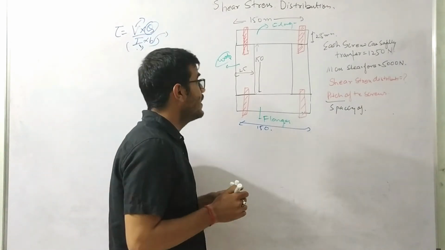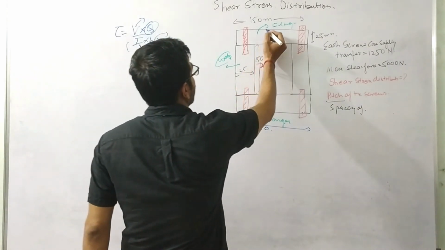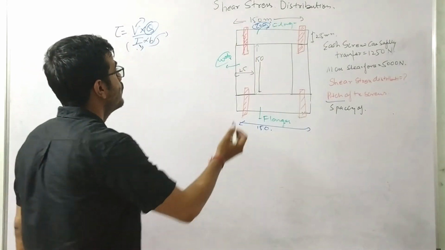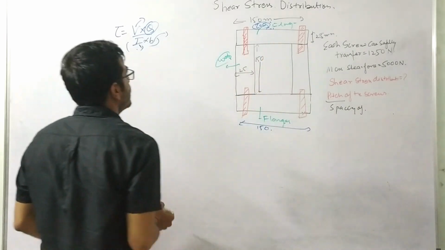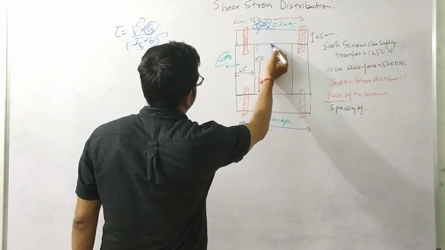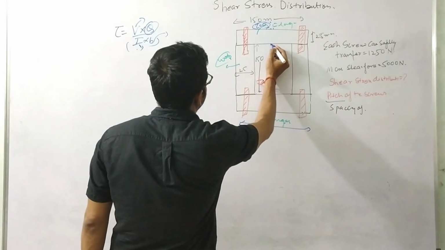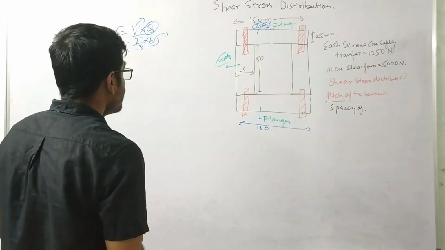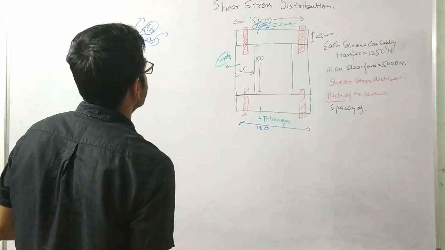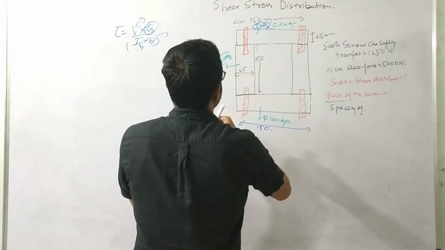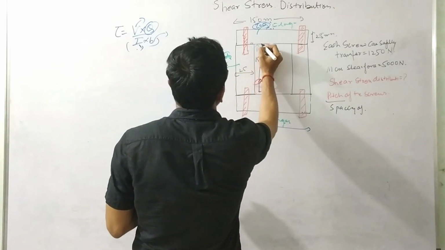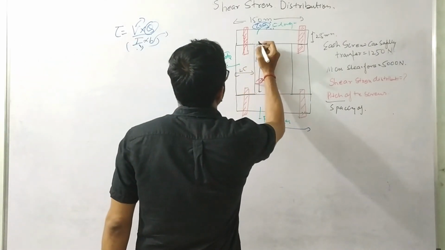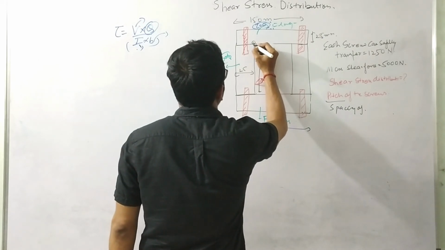The one thing I know is that at this portion my tau will be 0, because this is the outer boundary, so the tau will be 0 at this top portion. At this portion also tau will be 0 because this is the outer boundary. But through the formula, we won't be getting this. Remember that thing which we have already discussed, right? So now I'm calculating the shear stress at this level, at the point just above this junction. This is point number 1.